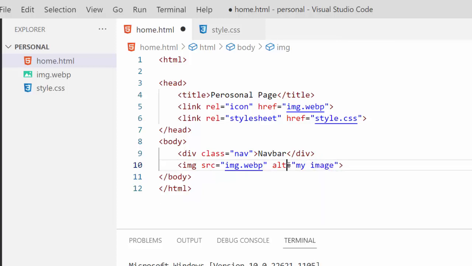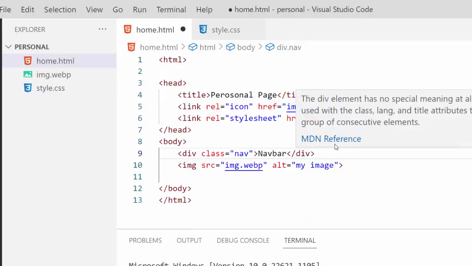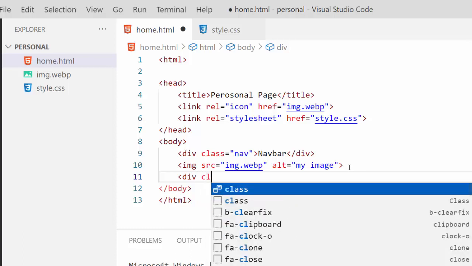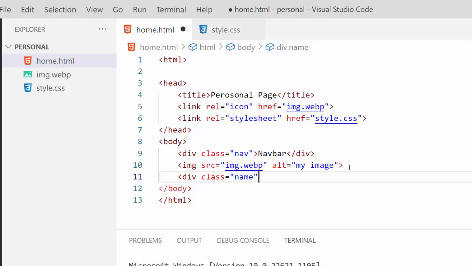Alt here is just alternative. For example, if your internet connection is slow or you have a problem displaying the picture, we need to add an alternative caption or alternative label or name for the picture here. After that, so now we have div navbar, after that we have image, and then we have the name here, so we can add another div for the name. So here div class equal name, or of course anything you want, and I can add my name here,